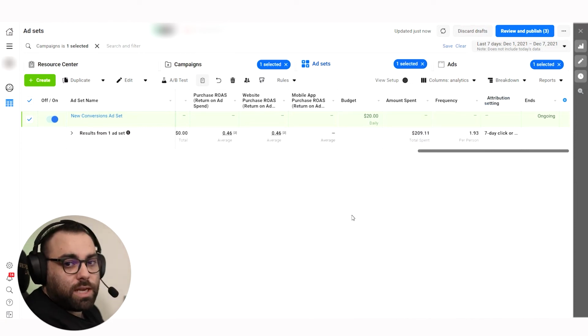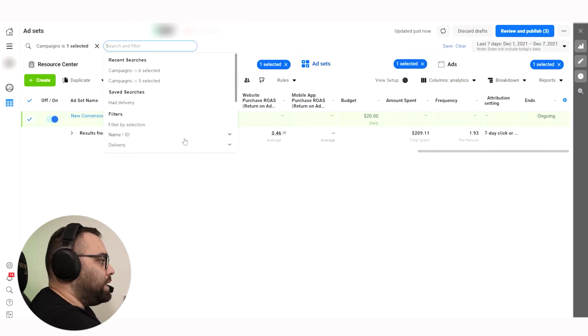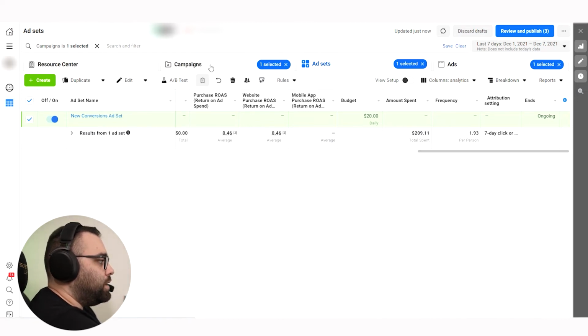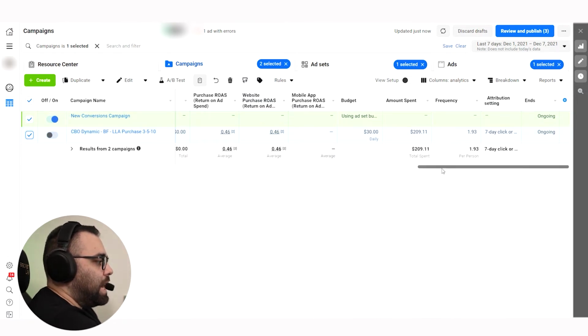This doesn't mean that you have to change the attribution setting in all of your ads, but you can come here and click filter by selection when you're clicking on one of your ad sets. For example, here you can click those two. I have already selected this one because I want to show you something, and you can filter by selection. As long as it has the same attribution setting over here, it's going to show the total results on the bottom. This is a very easy way for you to analyze your results without taking a calculator and trying to do it like this.